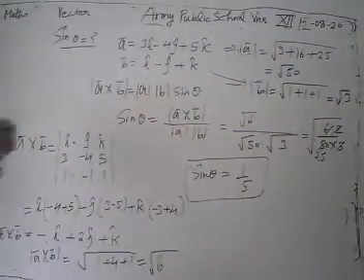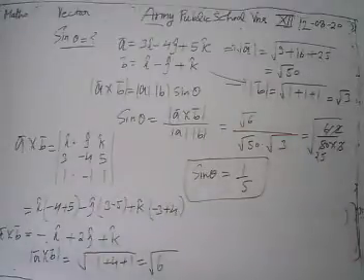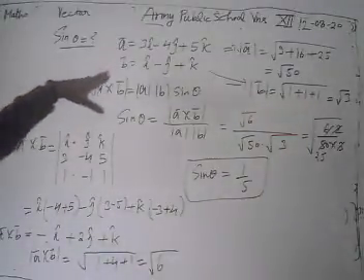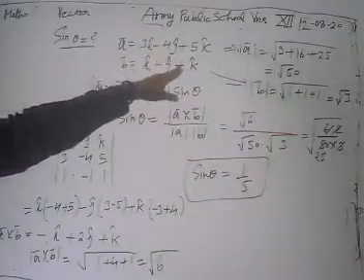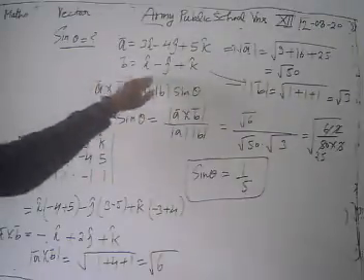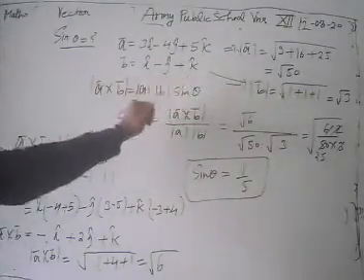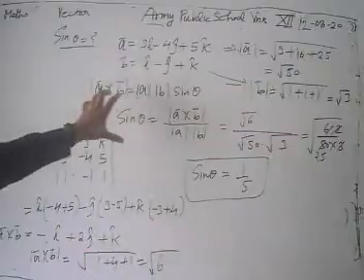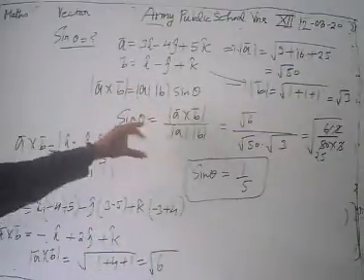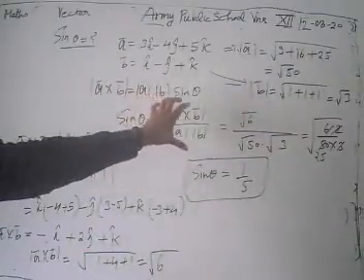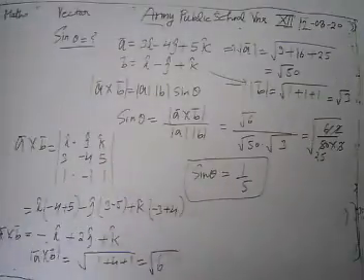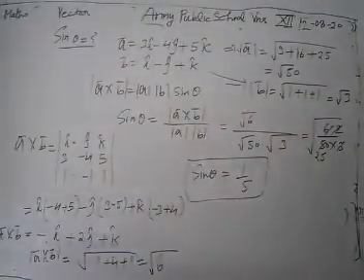What we need there: we have to find out our sine angle between the given vectors. A is 3 i cap minus 4 j cap plus 5 k cap, and vector B is given by i cap minus j cap plus k cap. Then we have to find out our sine angle between these two vectors. Then how can we get our sine theta? Our sine theta is given by modulus of A cross B divided by mod of A into mod of B.